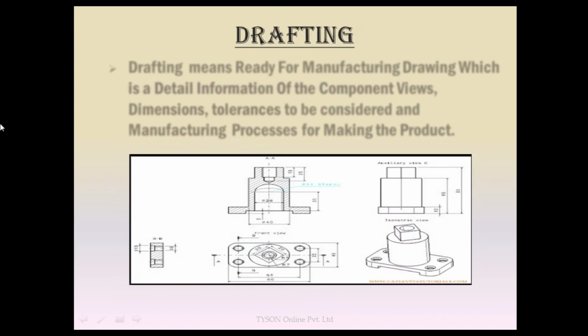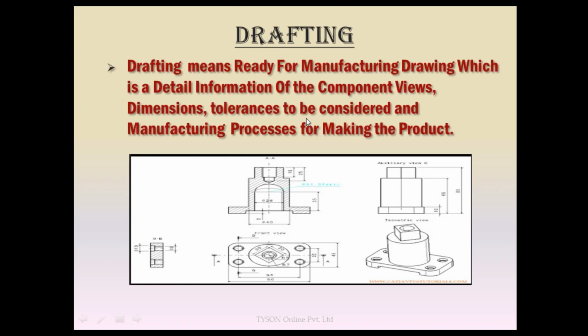Now this is the Drafting workbench. Drafting means ready for manufacturing drawing. The Drafting workbench is for creating the views of 3D models. So front view, top view and side view of the model are created in the Drafting workbench to know exactly how the component looks from different angles. You can see the picture, an isometric view is shown there, front view, top view and side view, and the dimensions are given. From this picture you can have the actual idea of the component, how it looks from different angles, that is from different views.